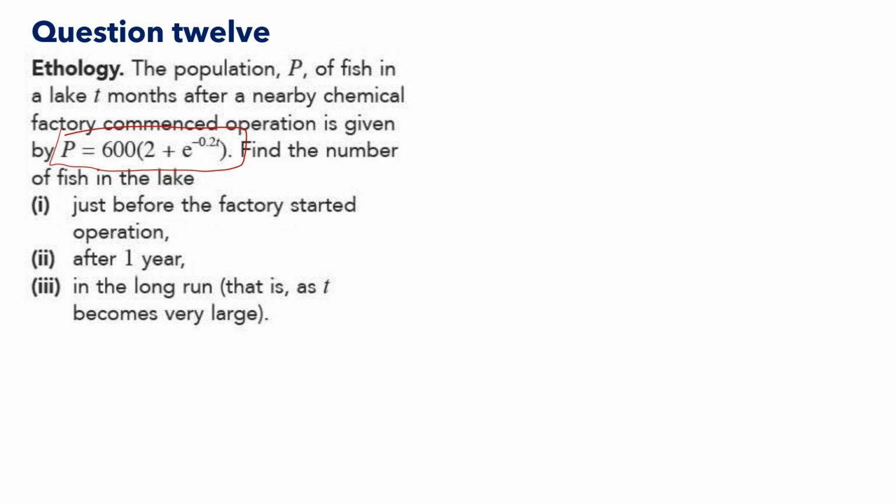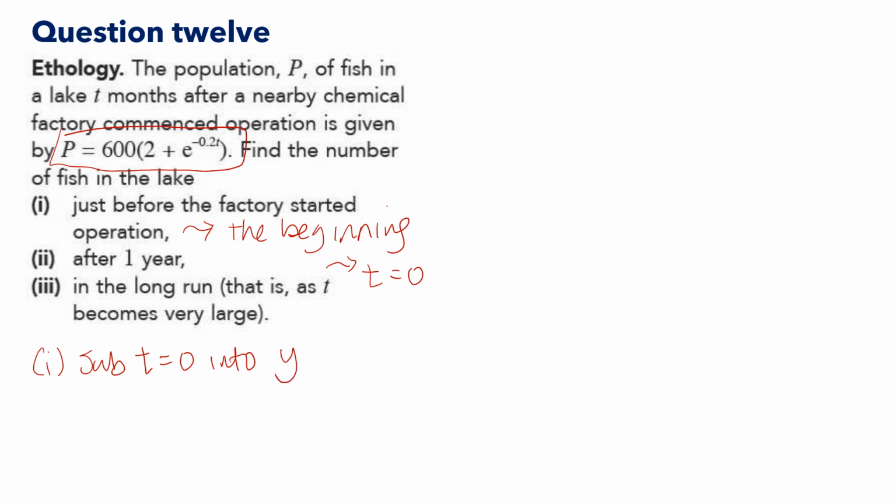Okay, so just before the factory started means the beginning, right? The beginning refers to when t is equal to 0. So for part 1, we substitute t equals 0. Right, so that will give me